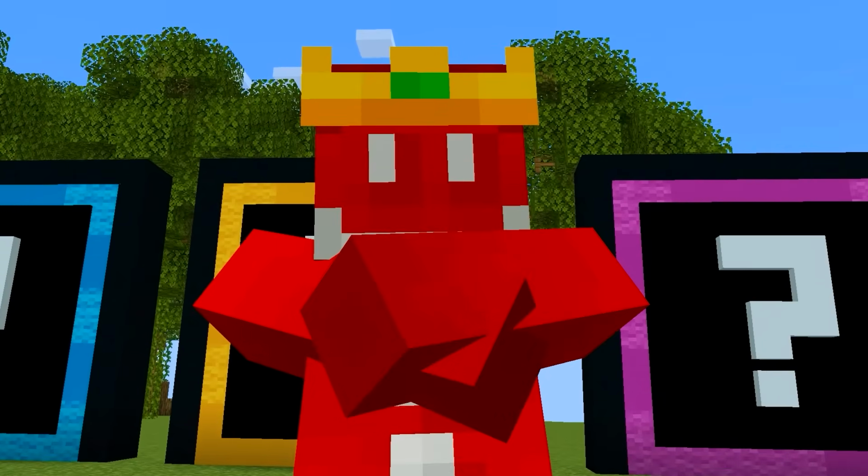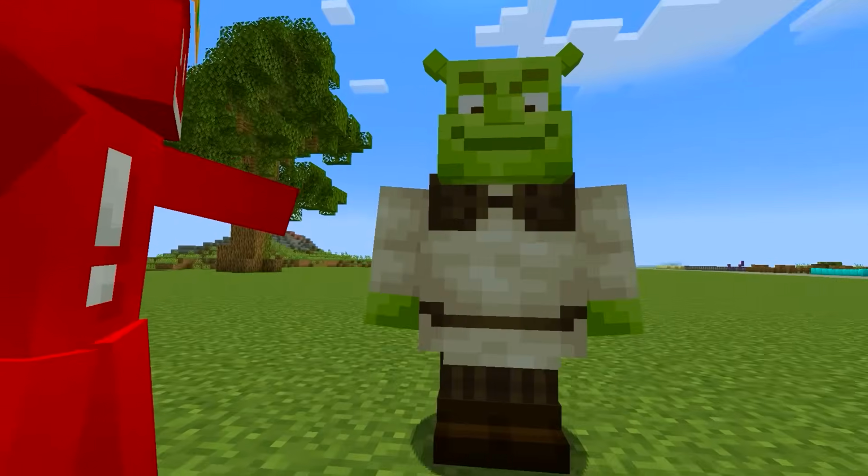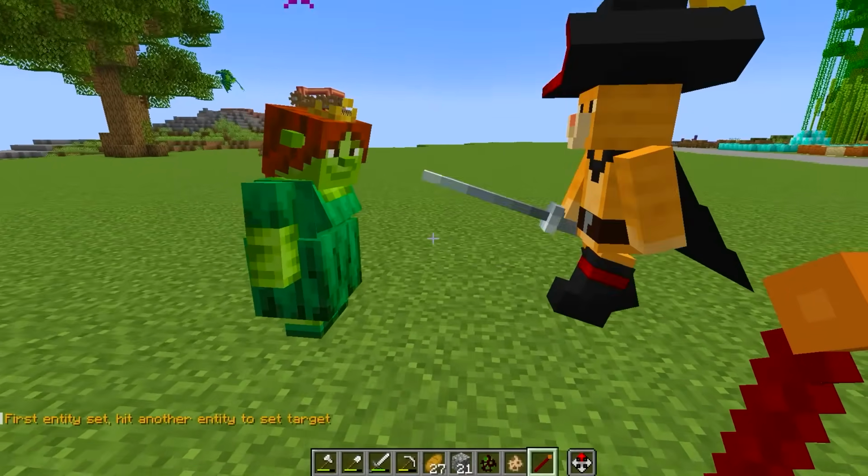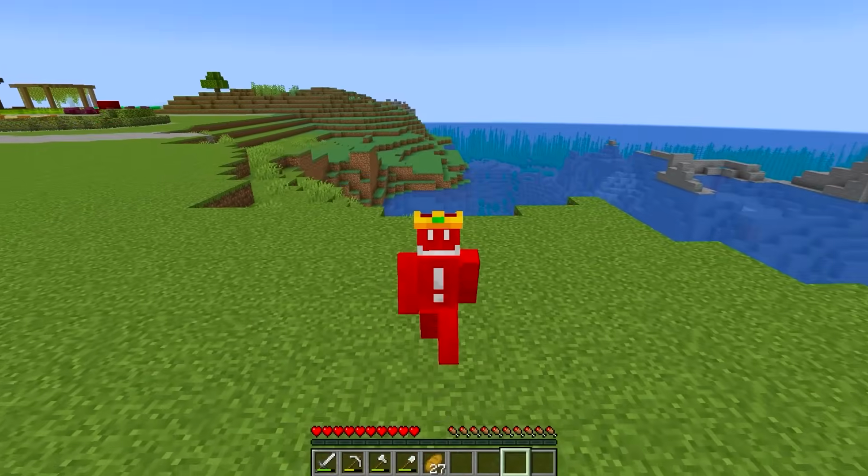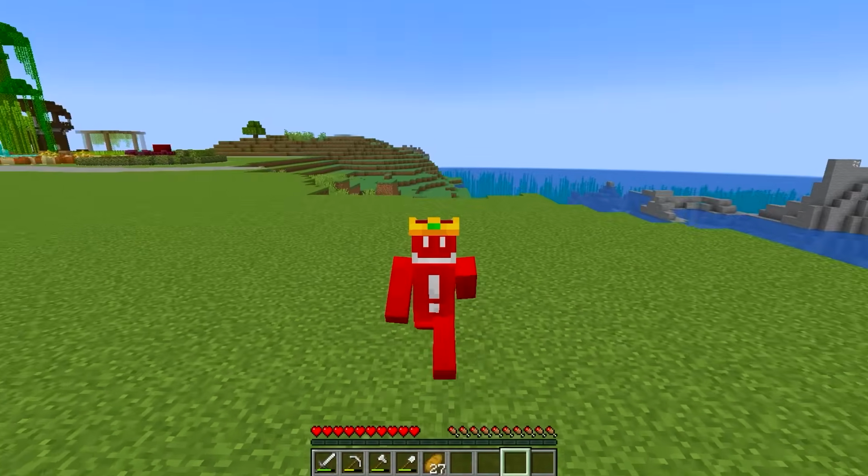Today I'm going to transform Minecraft mobs into some characters from the SHREK movie, and I'm also going to have a battle between them to decide who's the strongest. So let's move on to the first character I'm going to transform, which is going to be Puss in Boots,